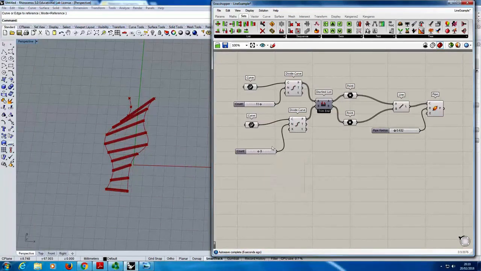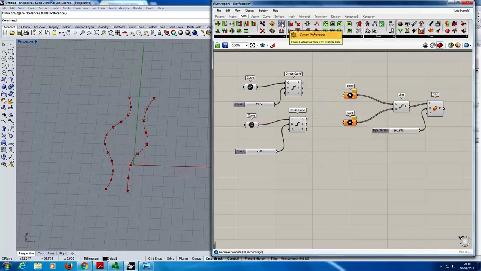Alternatively, maybe what we want to do instead is, rather than pairing these things off, connect every single point on one side to every single point on the other side. Maybe we want to create this kind of cat's cradle effect where we create a network between these two sets of points. And we can do that as well. So if I get rid of that shortest list component and replace it with this component here, which is called cross-reference, again from the sets list tab,